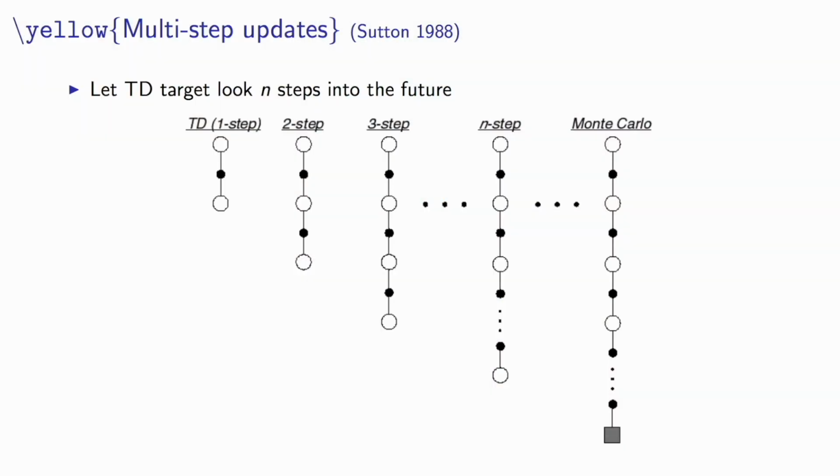So this is the way Rich likes to depict these things, where these round circles depict states, and then the solid circles depict actions. So normal temporal difference learning would start in a state, would take one action, would bootstrap in the next state, and then you could consider doing this for 2 steps or more steps, and in the end, if you go all the way to a terminal state, which is depicted here by a little square, let me turn the lights back on, sorry, then you have Monte Carlo.